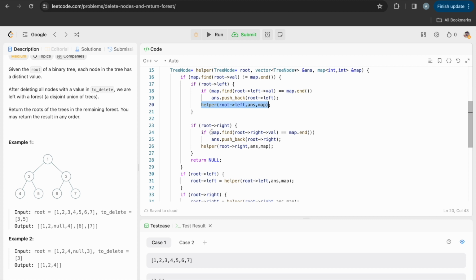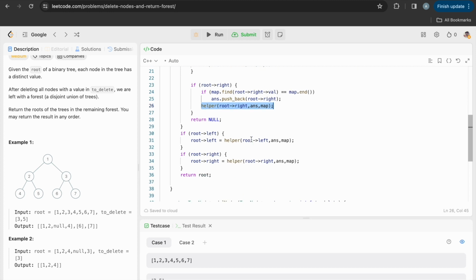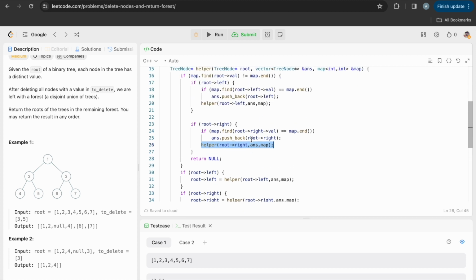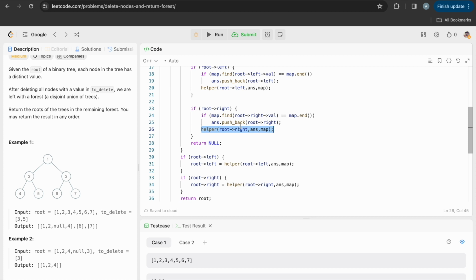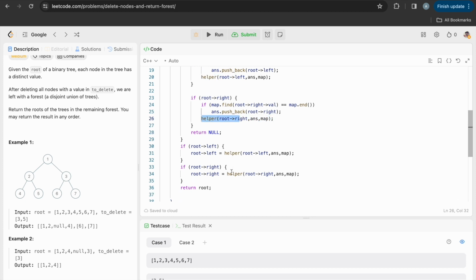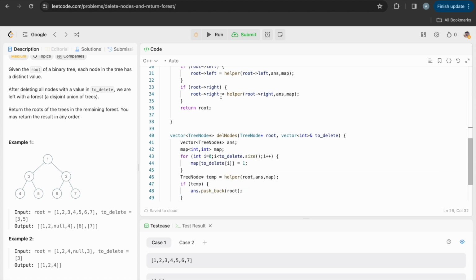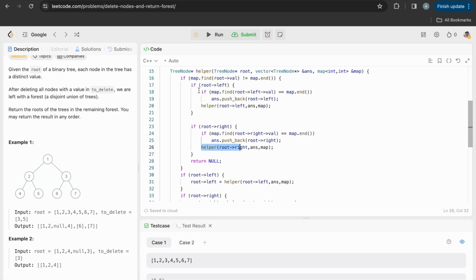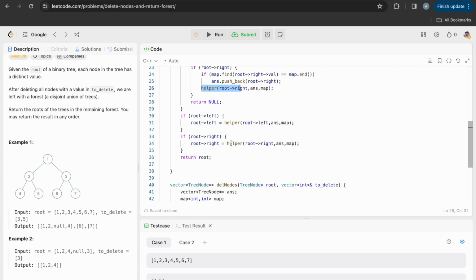3's right is 7, so 7 is not present in our map, so we'll push it into our answer, and then we'll call the helper function for 7, and things will go on in the same way for all the nodes. In this way, 6 will be pushed to our answer here, and 7 will be pushed to our answer here, and finally when this helper function has been processed for all the nodes,